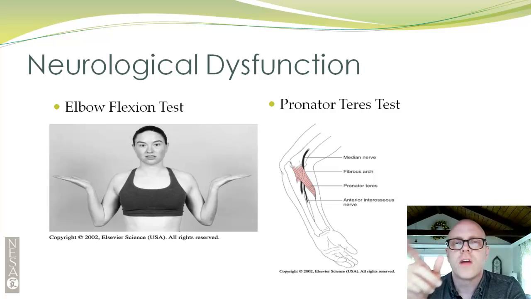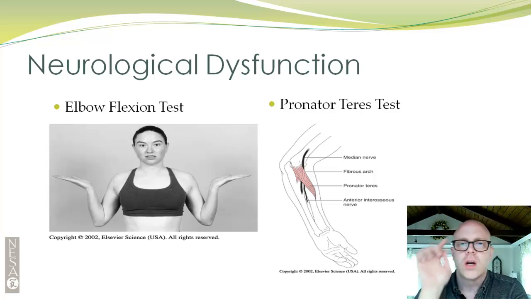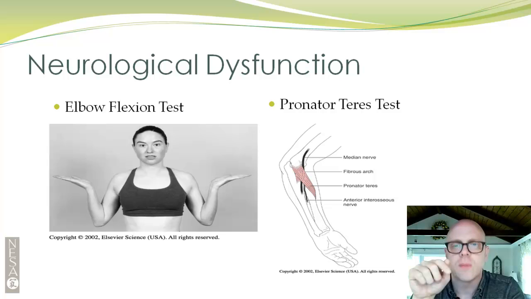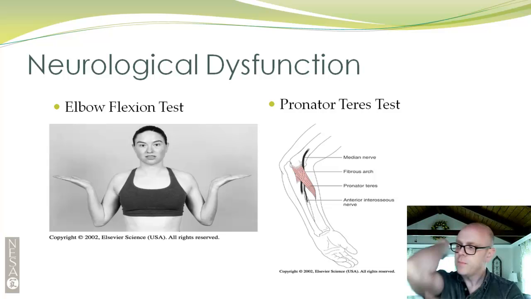brachial nerve comes down into the arm, what happens is at some point the median nerve will actually go in between the pronator teres muscles, and I'll show you another picture of that in just a second. The elbow flexion test, however, is to see if your ulnar nerve is getting compacted in its